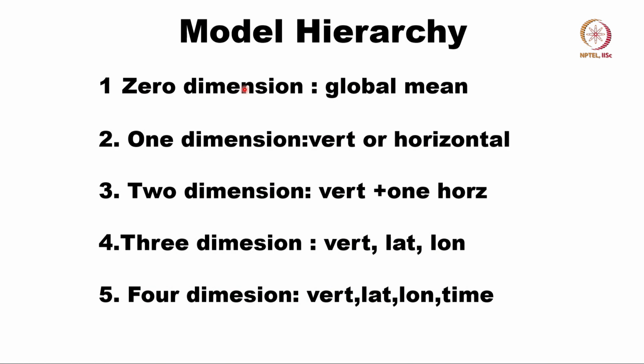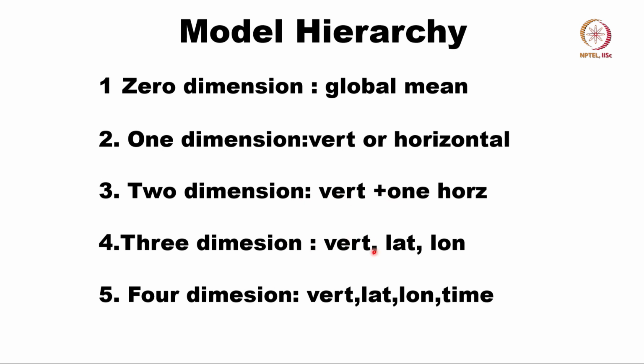In the last lecture, we talked about model hierarchy. That is, we have so far covered a simple climate model for the global mean temperature. That's called the zero-dimension model. And if you want to get more details about how temperature varies with height or with latitude, you go to a one-dimension model. We'll cover a part of it later. Or if you want both vertical and, let's say, latitude, then you can go to 2 dimensions.